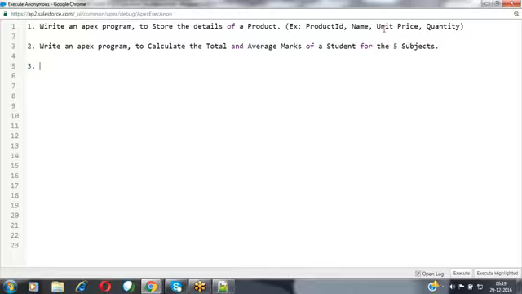So this is my second program. What you need to do is get the marks of 5 subjects and then perform operations on those values to calculate the total marks and the average marks.